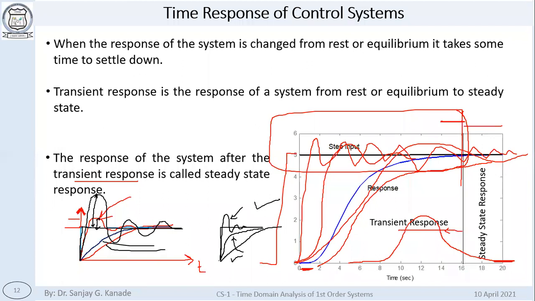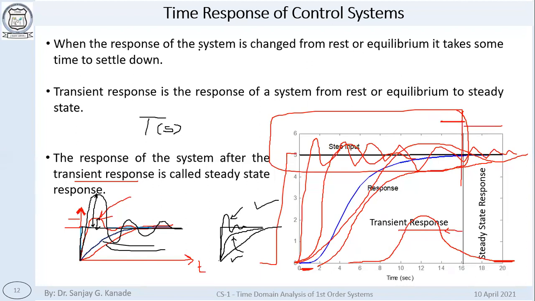So when we analyze the given system, how are we going to analyze? We are going to analyze based on the mathematical equation, the transfer function model of the system. Based on the transfer function itself, we can see, when we apply a step signal as an input to this transfer function, what the nature of the output response is, and based on that we can say that this particular model is feasible for this particular application and something else is not. So this is basically the crux of why we are doing this.